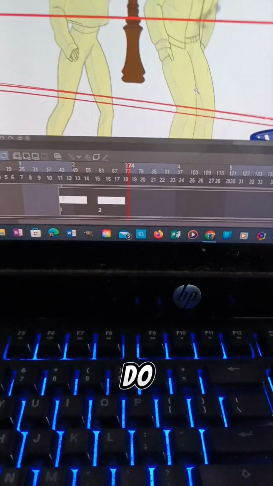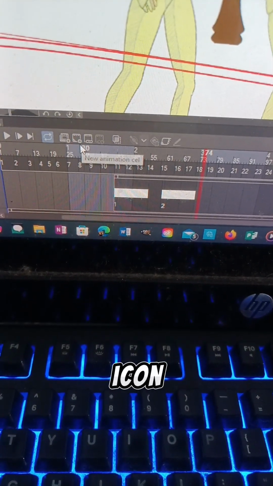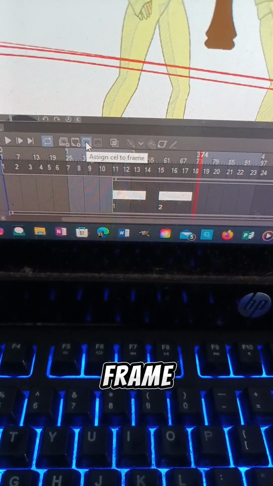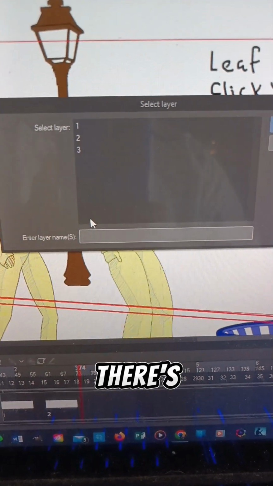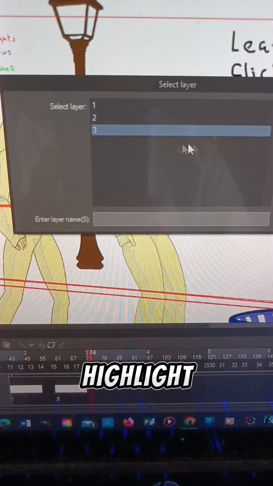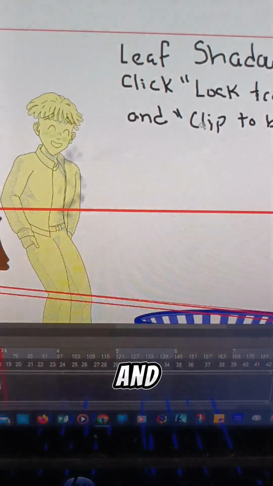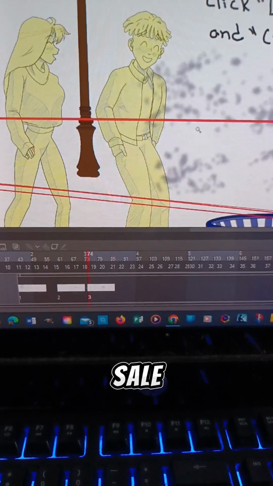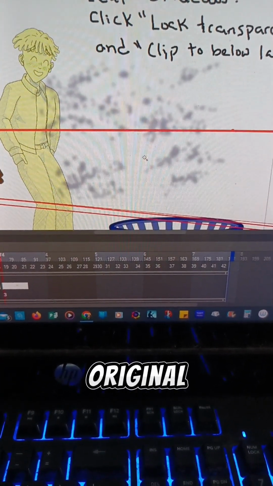So what I need to do, if you're using Clip Studio Paint, you come to this icon here, which says Assign Cell to Frame. So I'm going to click on that, and there's cell number 3 waiting to be selected. So I'm going to highlight cell frame number 3, and select OK. And so whatever was happening on cell 2 is gone because we can't see it, but now we see the original